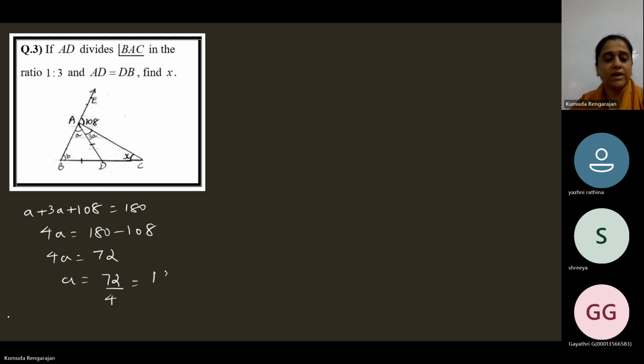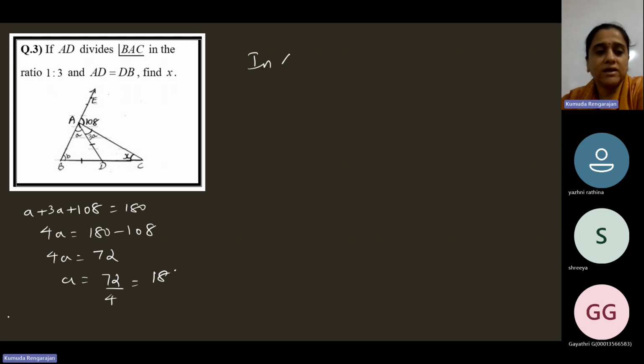First, A plus 3A plus 108 is equal to 180. Okay. So 4A is equal to 180 minus 108. Correct? 4A is equal to 72. A is equal to 72 by 4, 18. This is one part. Now,